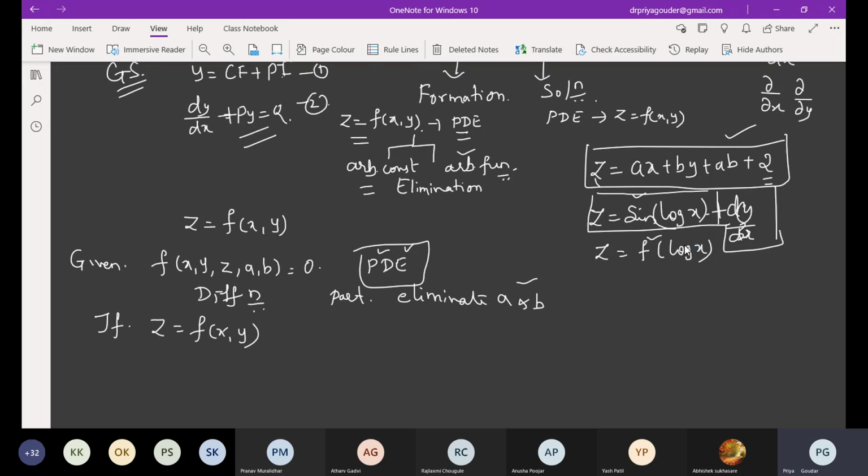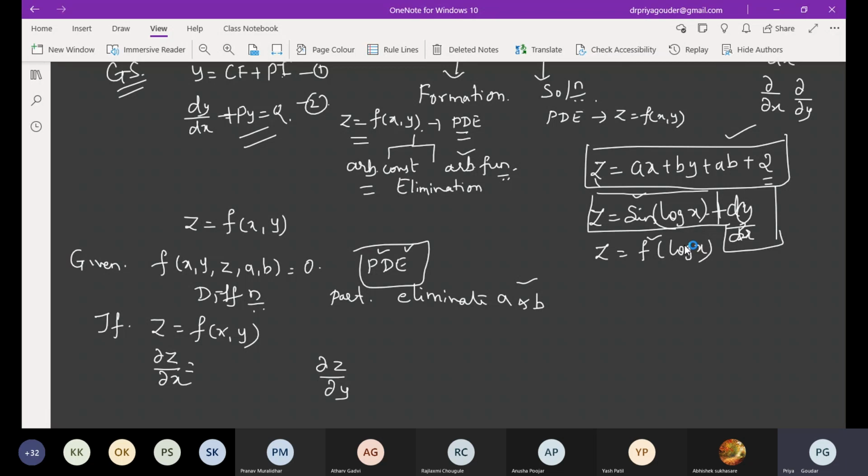Yes, ma'am, z is, yes. Okay. How many first order derivatives you will get? See, this z can be differentiated with respect to x and with respect to y. Am I right? Anything else other than this? No, ma'am. That means if z is a function of two variables, you can find two first order derivatives.